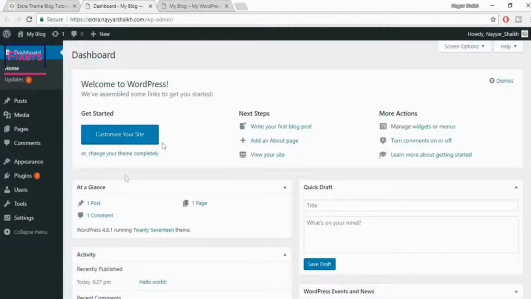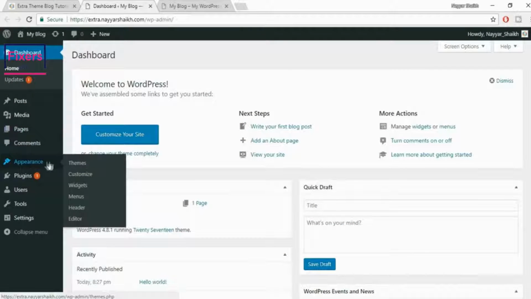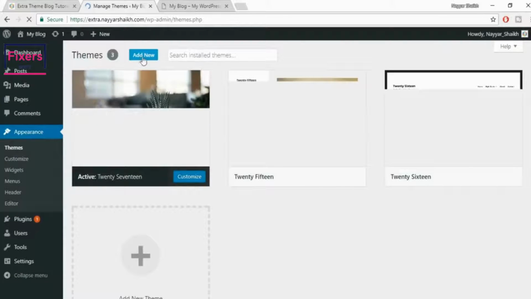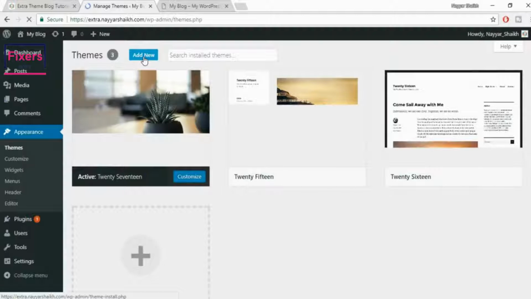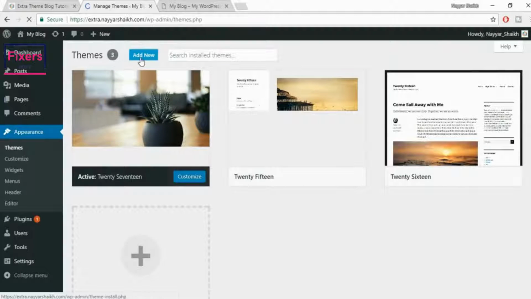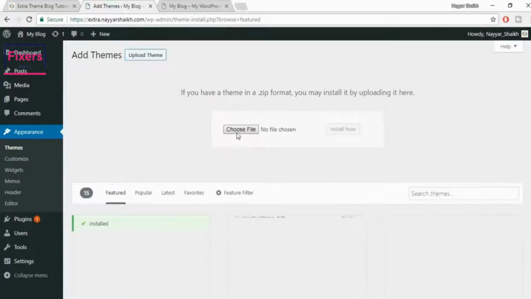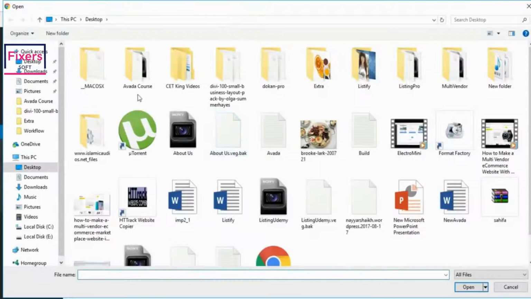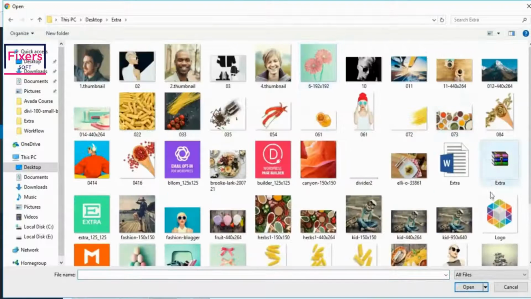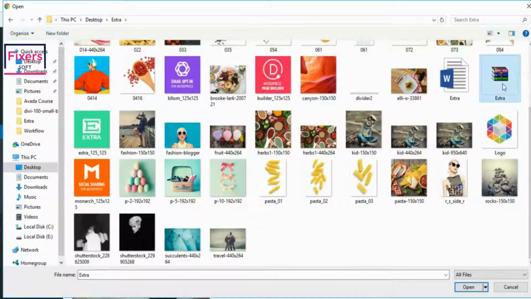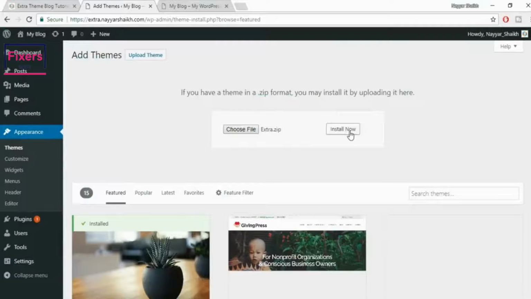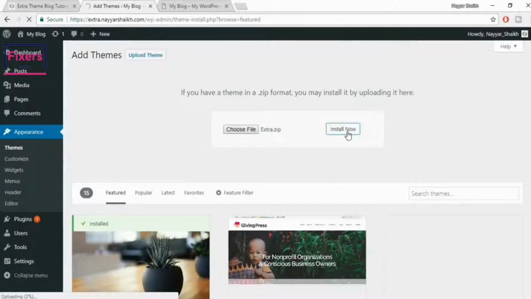So after you download that theme, what you have to do is go to this Appearance and click on this Themes. Okay, now click on this Add New button from the top. Now click on this Upload Theme button. Now choose file. Okay, now you have to select the theme file from here. So this is the theme file, and click on Open and click on Install Now. So basically this will start installing your theme on the website,